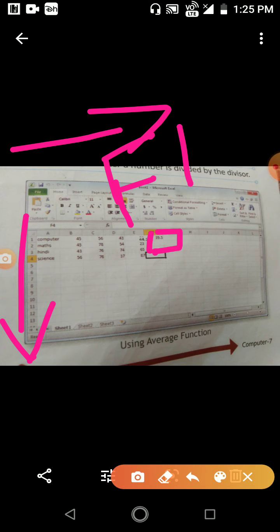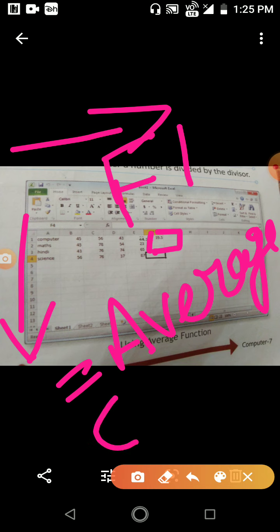Here we are giving the computer the marks 45, 56, 43 and 54, and using the AVERAGE function like this. This is the syntax for using the AVERAGE function. The equal sign is compulsory, then write the function name and start the bracket.